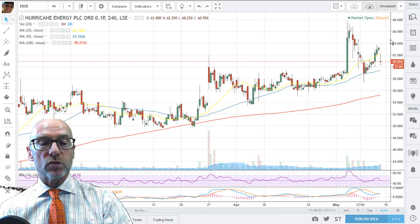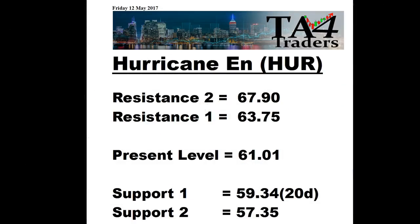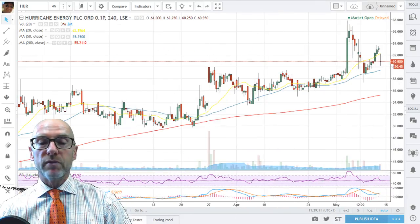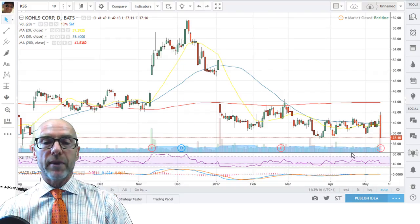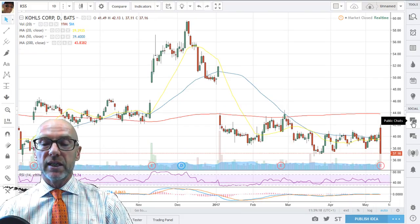Looking at the support resistance levels, resistance 63.75 and then the high 67.90, with the support on this 20-day, as I've said, 59.34, and then support at 57.35. Now moving to the US, and Coles came out with figures yesterday, and you can see the shares did